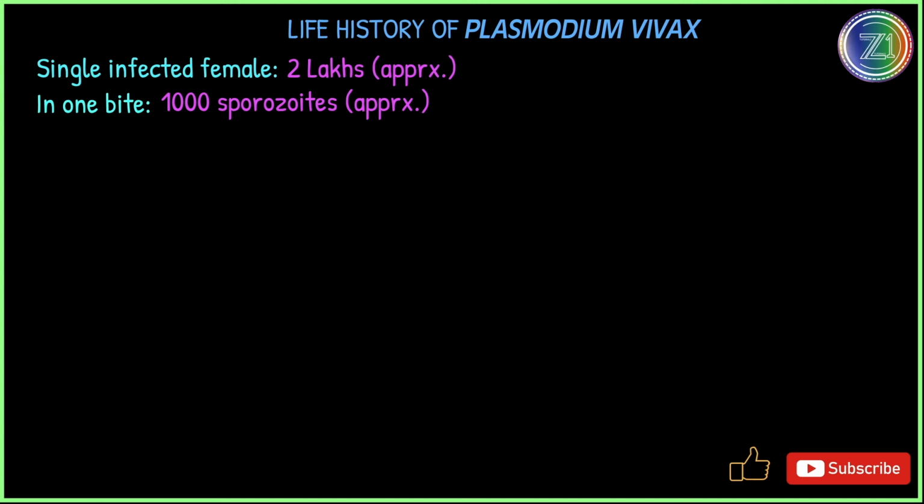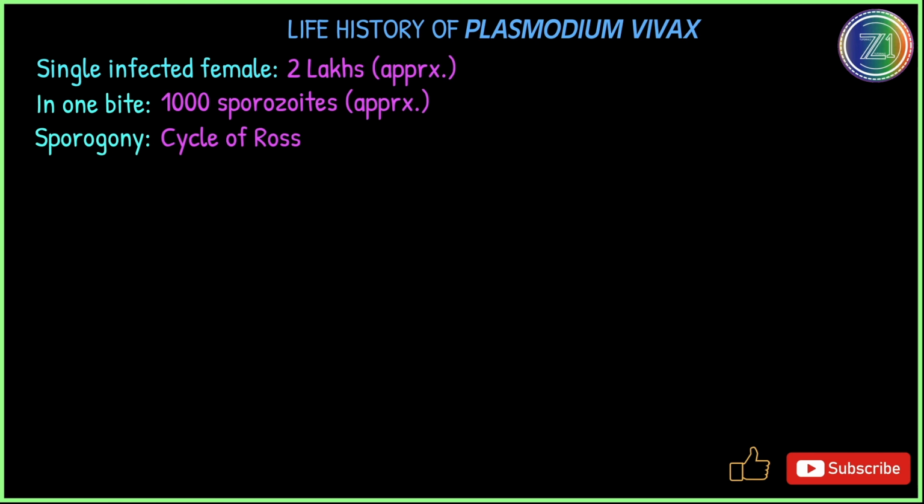So again, in the life cycle, we come back to where we started. These sporozoites are going to be in the blood of the human for half an hour, and then finally enter into the liver cell. So one sporozoite enters one liver cell, 1000 sporozoites enter 1000 liver cells, and then 1000 liver cells are going to be infected with those parasites. Sporogony is also known as the cycle of Ross. As we had studied, the cycle of erythrocytic schizogony was also known as the cycle of Golgi. Same way we have another name for sporogony, that is the cycle of Ross.